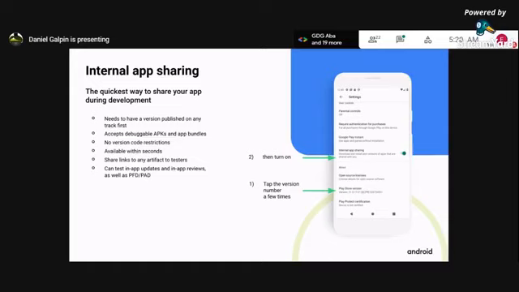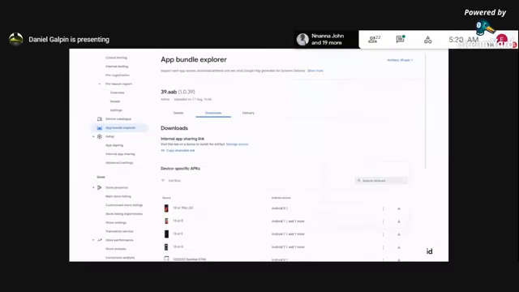You go into Google Play and you unlock this debug version. If you've unlocked the developer options inside of Android, it's the same thing. You tap the version number, and then you can turn on internal app sharing. And this means Play is responsible for downloading these things, which are built off of app bundles. So you can test the app bundle very, very easily, and with the exact way it's going to be delivered from Play, without even having to upload a full artifact.